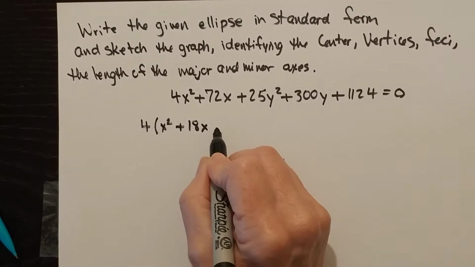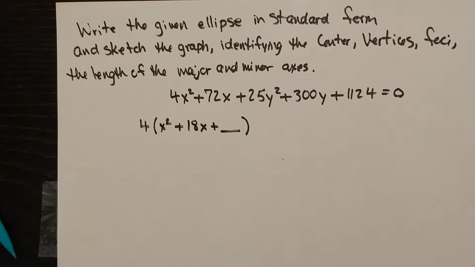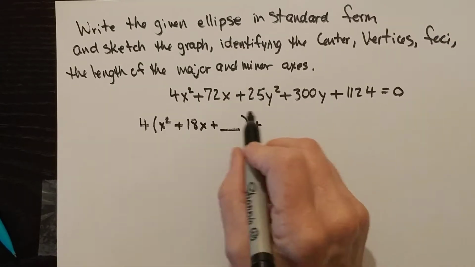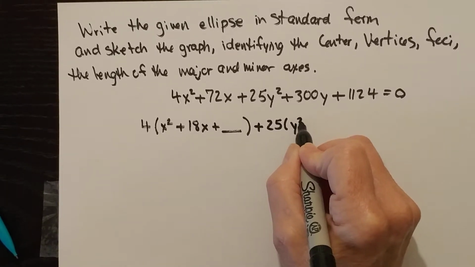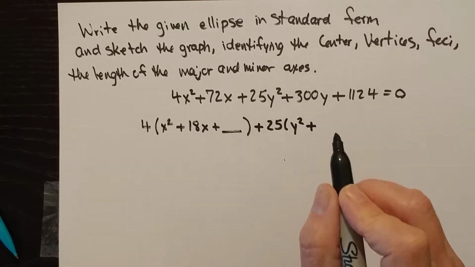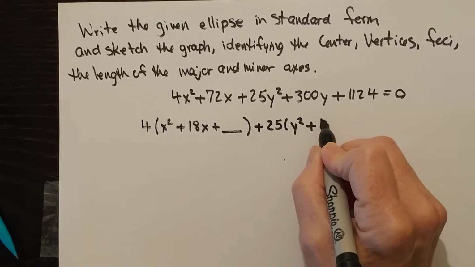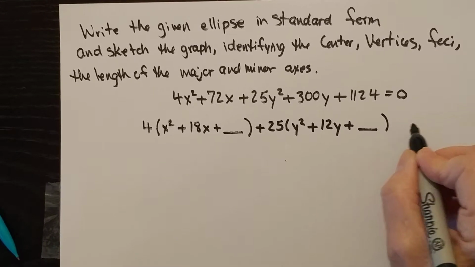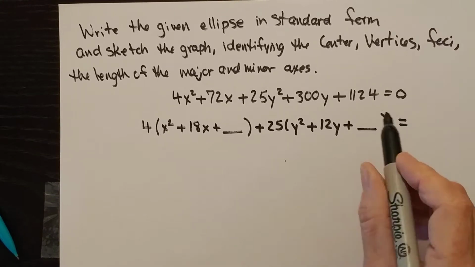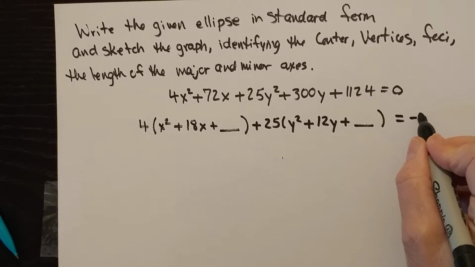And I'm going to be completing the square, so I'm going to leave room to add my special thing that I add to both sides to complete the square. For the y's, I factor out the coefficient in front of the y squared term, which is a 25, leaving me with y squared plus 300 divided by 25 is 12y plus something. And then the next step is to move anything that doesn't have an x or a y in it to the right-hand side of the equation. So I subtract